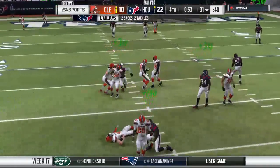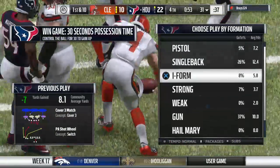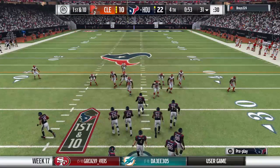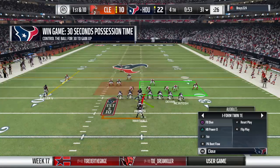Under pressure, and the Texans able to get in there for the sack. He couldn't get the ball away on 4th and goal. In there to take him down, and the clock will roll. And now out comes Houston. And that recipe on their last drive that resulted in a touchdown looked pretty good, so they'll be hoping to